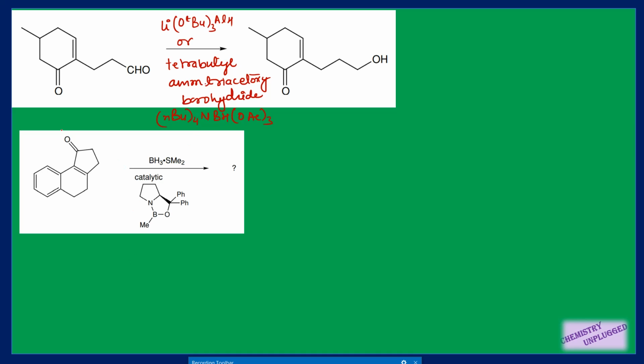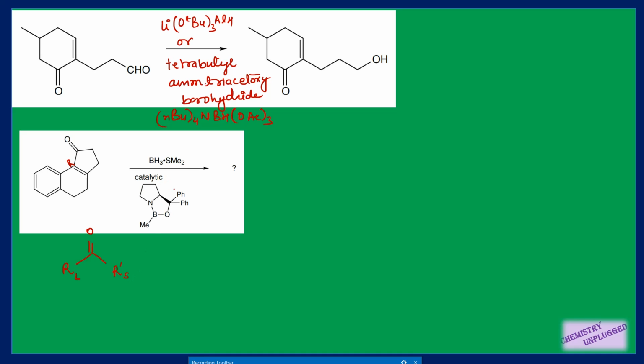Then next reaction is based on our previous chapter, that is 5, where I have told you about the use of boranes, and we are using this oxazolidine here. So we have discussed there that in case of ketones, I will write it in this form only. We have two types of alkyl groups attached here. Suppose this whole part is your R and this one is R dash, and you can easily recognize that this one is the larger part, so I will denote it by RL and this by RS, right?